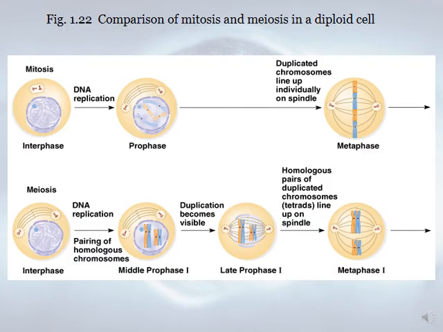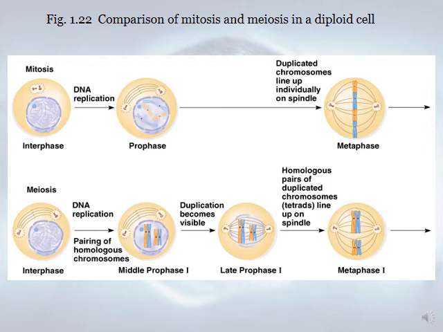Comparison of mitosis and meiosis in a haploid cell. This slide is going to be divided into 2. Okay, this figure. In mitosis, we have interphase, prophase, and the chromosomes line up. The chromosomes will be 2 chromatids each, and the chromosomes will line up at the middle of the cell, forming the equatorial plate. But in meiosis, we have prophase I,